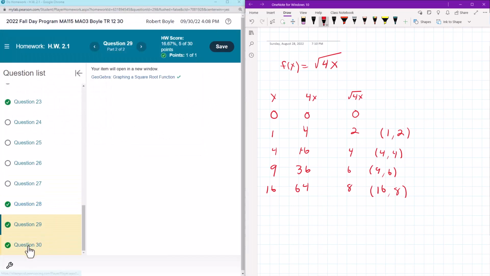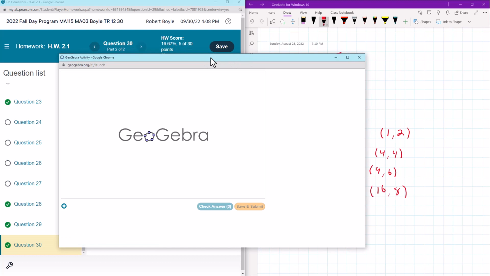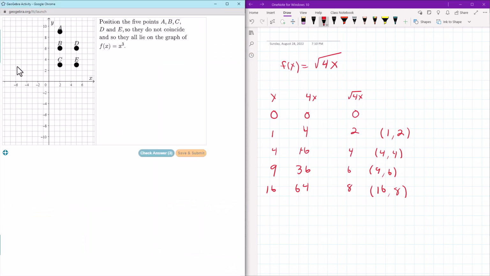Okay, so the next one's question 30 right here. Once again, it's one of those GeoGebra ones. Let me get it over here. And here we want to position these 5 points so that they fall on the graph of the equation f of x is equal to